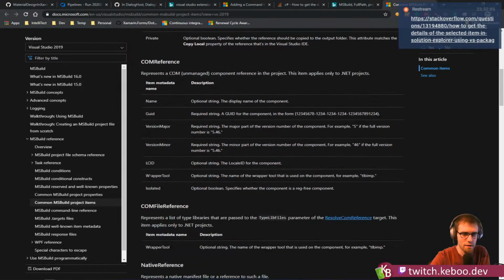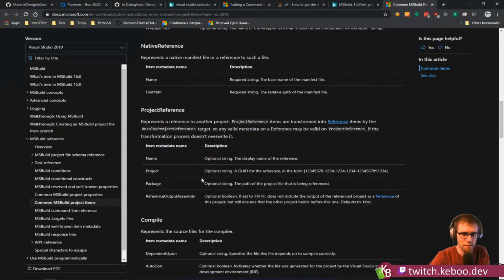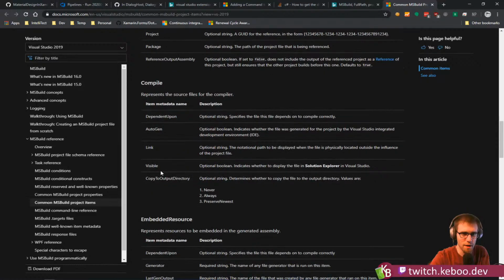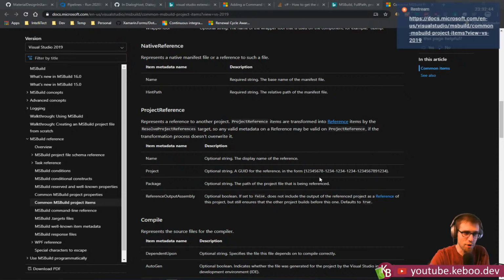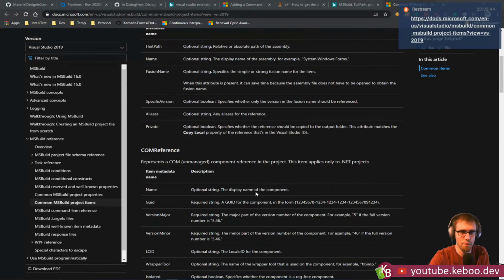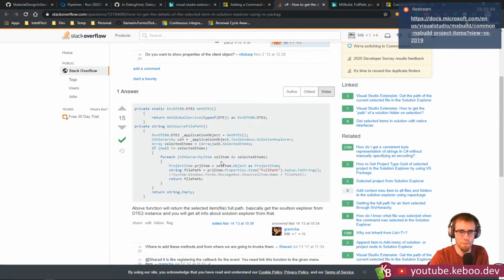Project items, native references, project reference, compile. This area of the docs will start to show you the various properties that would be available on there, but you have to be careful, because different items will have different properties. And so this project item probably ensures that you've selected a project node,